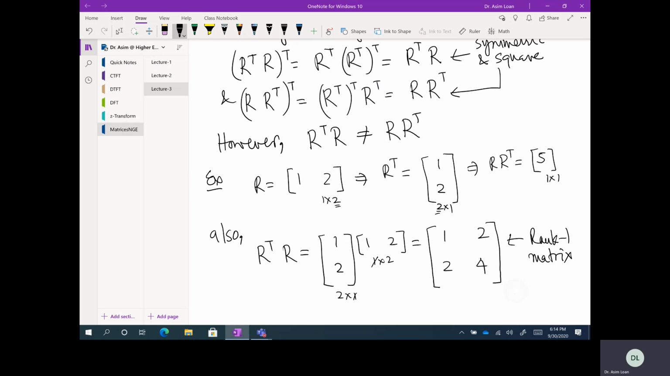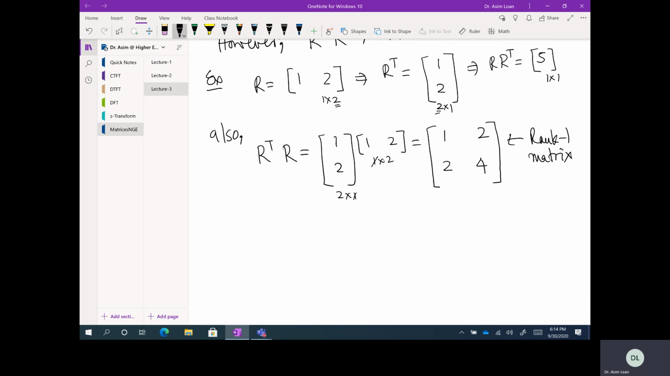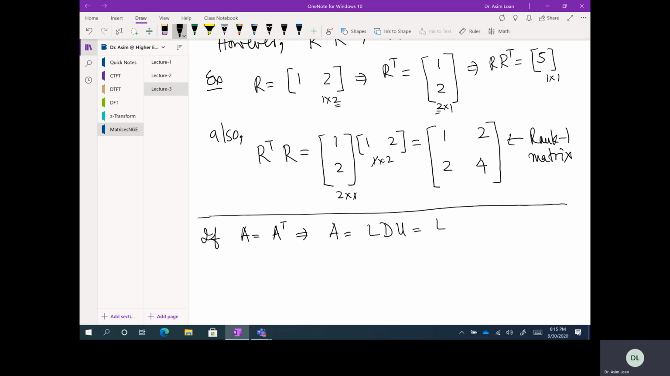And what is the advantage gained for a symmetric matrix when we do an LU decomposition? So the advantage is in terms of the number of computations. So if A equals A transpose, this implies A equals LDU, which is equal to (LDU) transpose, which is equal to U transpose D transpose L transpose. Now D transpose equals D,